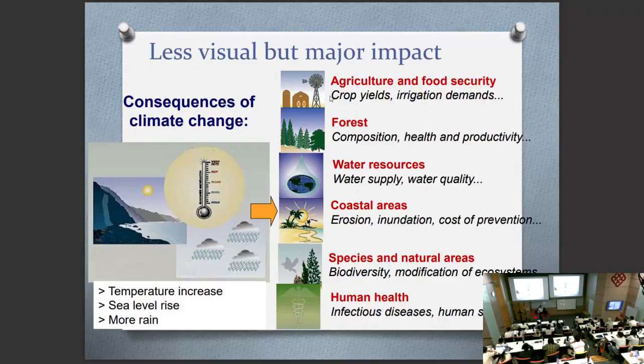Okay, and forests, less and less forests, and less forests will also affect our health due to the poorer outdoor air quality, and it will also affect the productivity and insecure water resources. Less water supply because the water evaporates, and